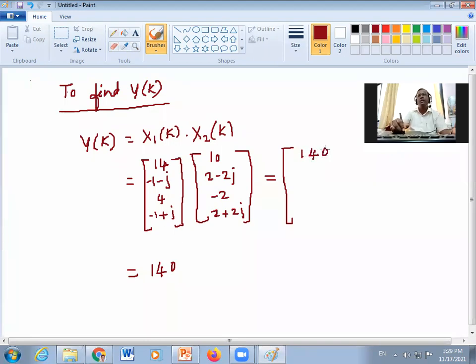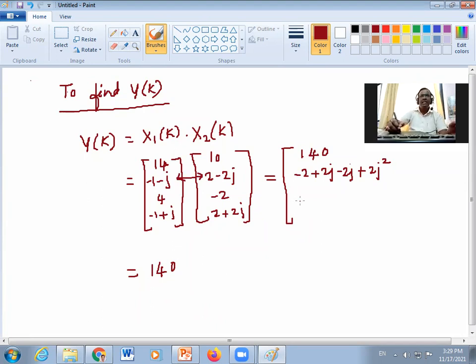Okay. And then you take a product of this. It's like minus 1 minus j into 2 minus 2j. So if we have to write the product, we will do it here. First we will multiply with minus 1. So minus 1 into 2 minus 2, minus into minus plus minus 1 into 2j, it is 2j, then minus 2j into minus plus 2j square. Equals, I am just taking the direct product of these two.